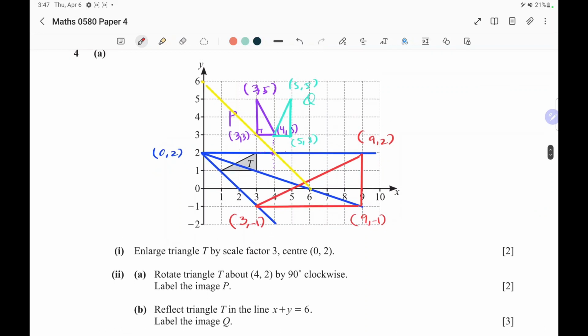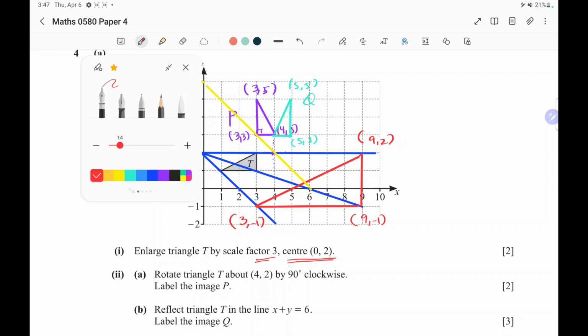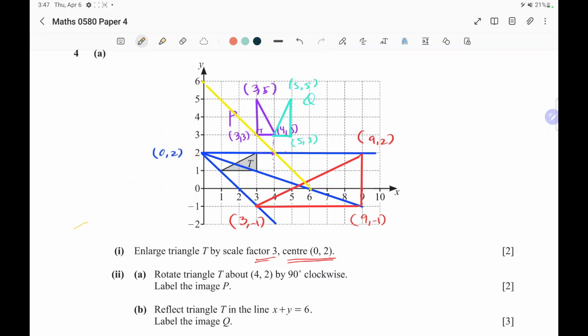Enlarge a triangle T by scale factor 3 and the center (0, 2). So center (0, 2), I think I should take some other color. Which one should I take? This one? Okay, this one. So center (0, 2), so consider (0, 2) here, right? This is your (0, 2). And then what you can do,